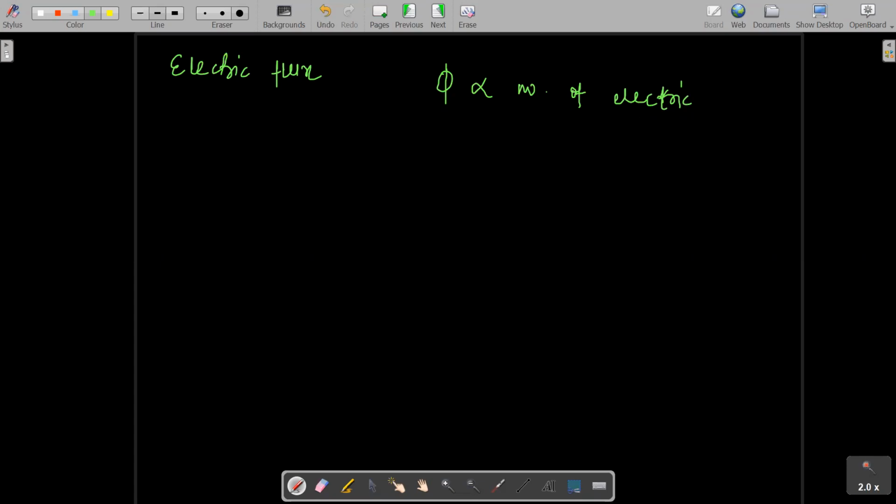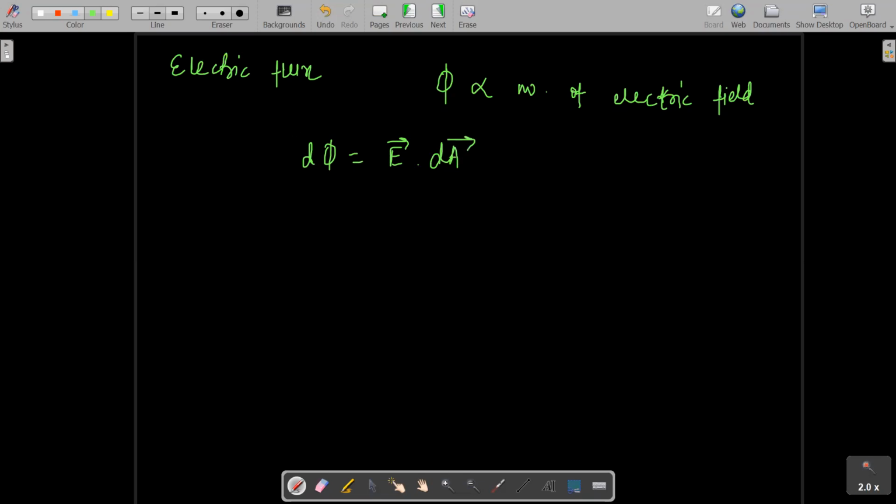So flux is the electric field through a particular surface. You can say about electric flux that it is the energy crossing an area. The amount of energy crossing an area is known as flux. What we studied about electric flux in our previous classes is that electric flux is equal to E dot dA, right? d phi, the small amount of flux passing through an area, used to be equal to E dot dA.